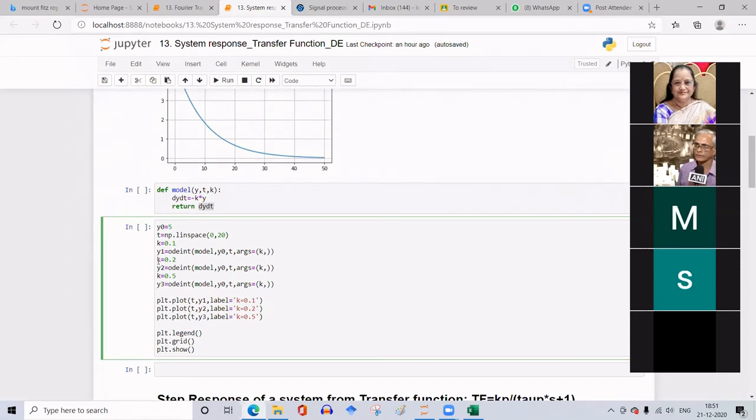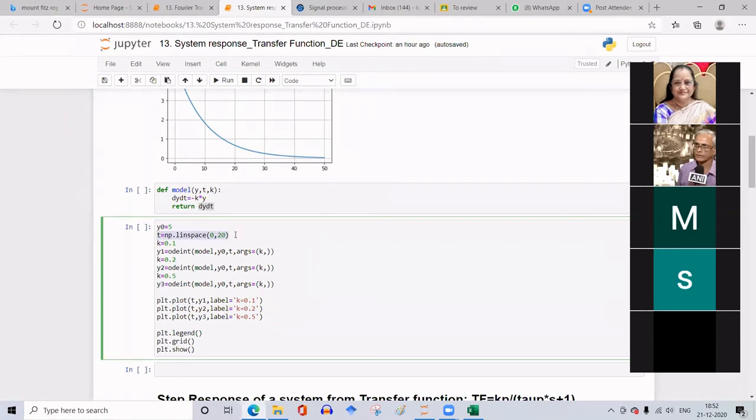So next I'll change the value k is equal to 0.2. So when I call ODEINT here, for this argument k comma tuple, it will take k is equal to 0.2 and solve this differential equation and return the output that will be designated as the new output y2. So next time it is called with k is equal to 0.5. So that is taken for this argument and solves the differential equation, returns the output y, and that is designated by y3. Now we are plotting this using plt.plot against the time.